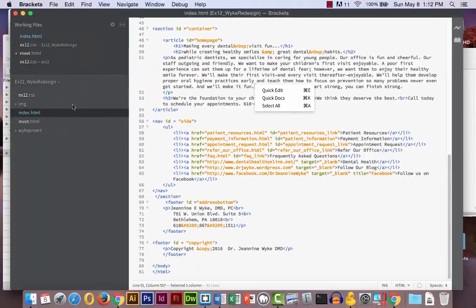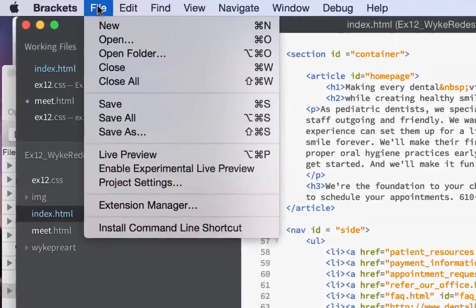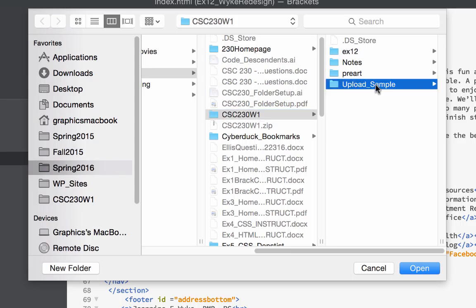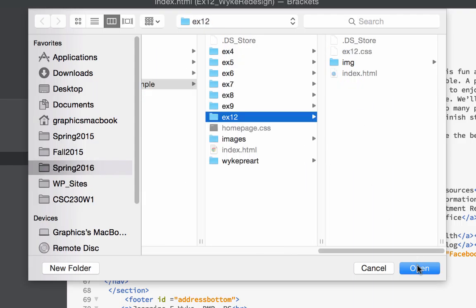So what we're going to do first, other than working with this, I'm going to go back to Brackets, and I have another folder that's opened up because it's finished. So I'm going to go File, Open Folder, and I'm going to open up my upload sample. So here it is right now, and it's the one I worked on last time. So open that up,